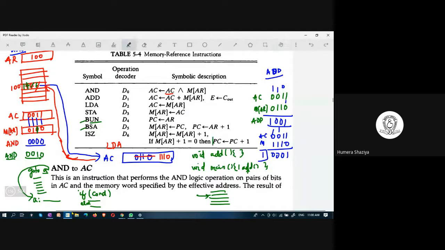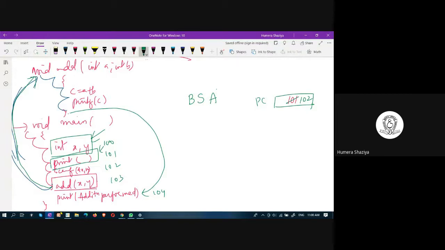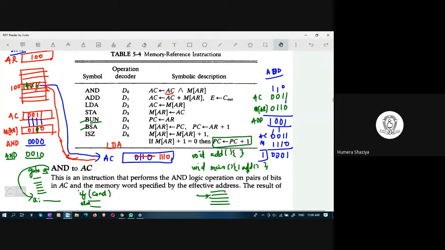Whenever you increment the PC value, without executing, you are moving to the next statement. This statement you please try to understand. Whenever you are incrementing PC, because here you see PC contains 102, if suppose at 101 instruction we say PC equals PC plus 1, then PC value would become 103. It means that 102 will not execute. Understand, students? Okay, so this is it.